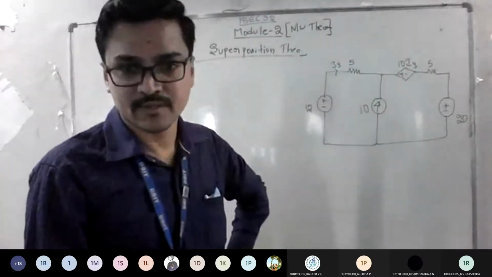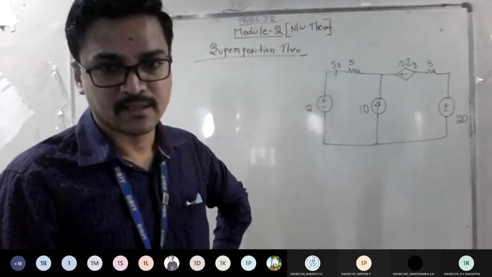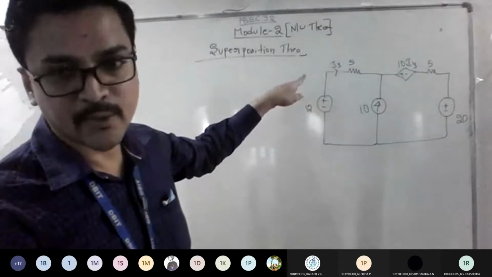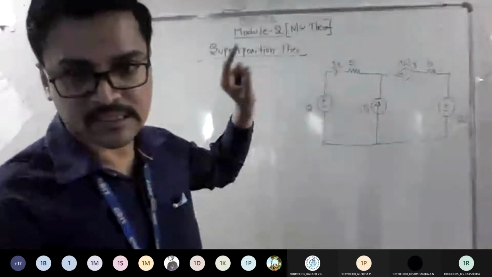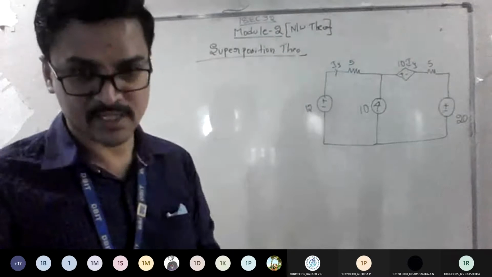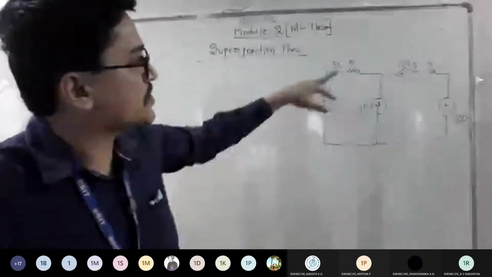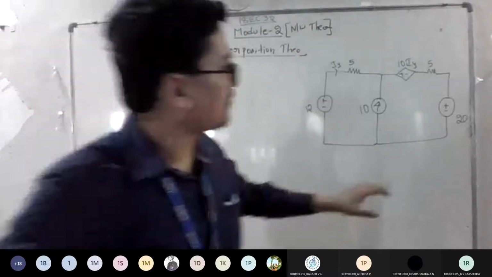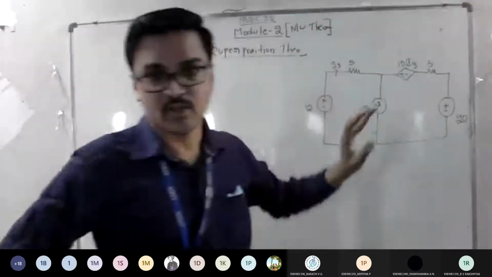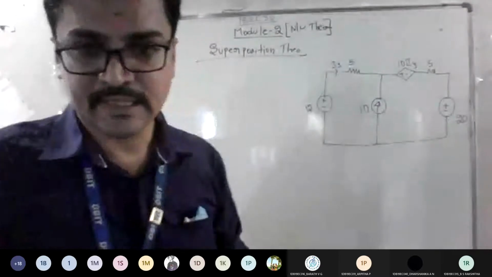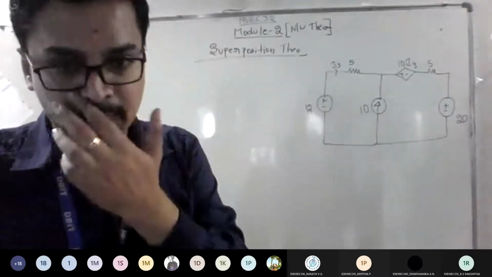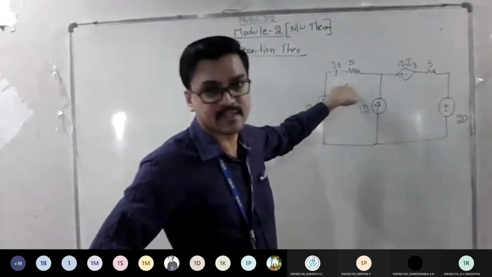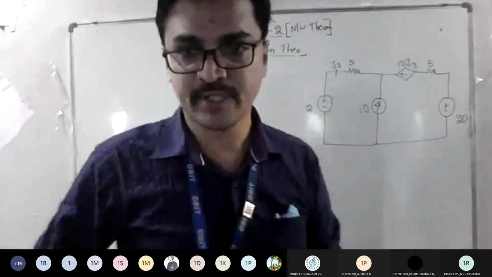See, they have given two 5 ohms. So across which 5 ohm do we have to find the current? Whenever they give such a question, always remember that wherever your dependent source's current is flowing, across that resistor you are supposed to find the current. This is the first thing you should remember. You have 5 ohm in both parts, so you may doubt whether to find across this or this. Always go with the one having the dependency. Across the 5 ohm IY is flowing, so I need to find this current for the superposition theorem.